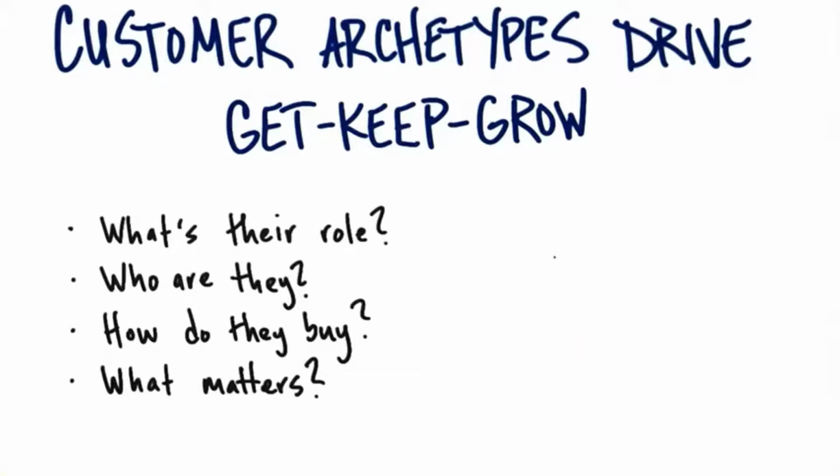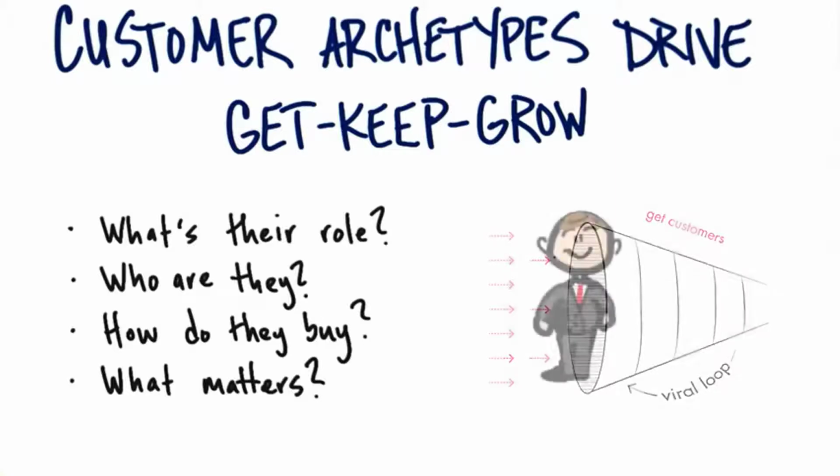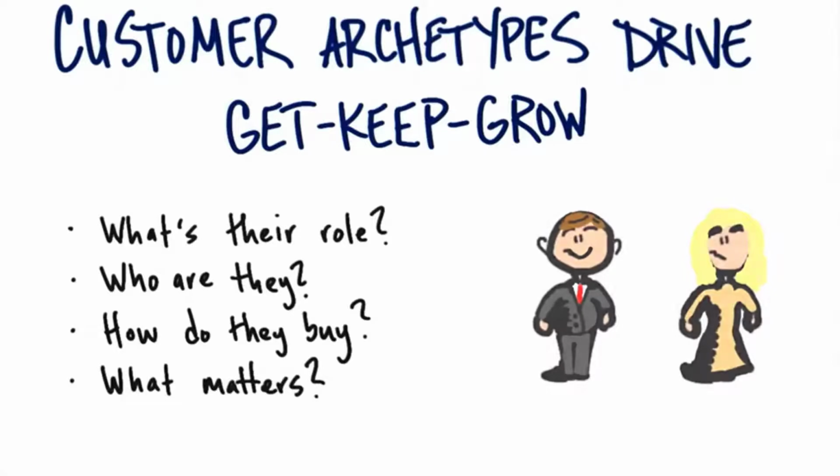So once I understand who my archetypes or persona is, the next thing I want to figure out is how do I get them into this funnel? Regardless of whether it's web or mobile, I need to somehow figure out how to get the interest of my customer archetypes, Dave in a major urban area, or Sally in the Midwest, or someone in China or India. How do I get them interested? And there are 2 types of ways to create demand.